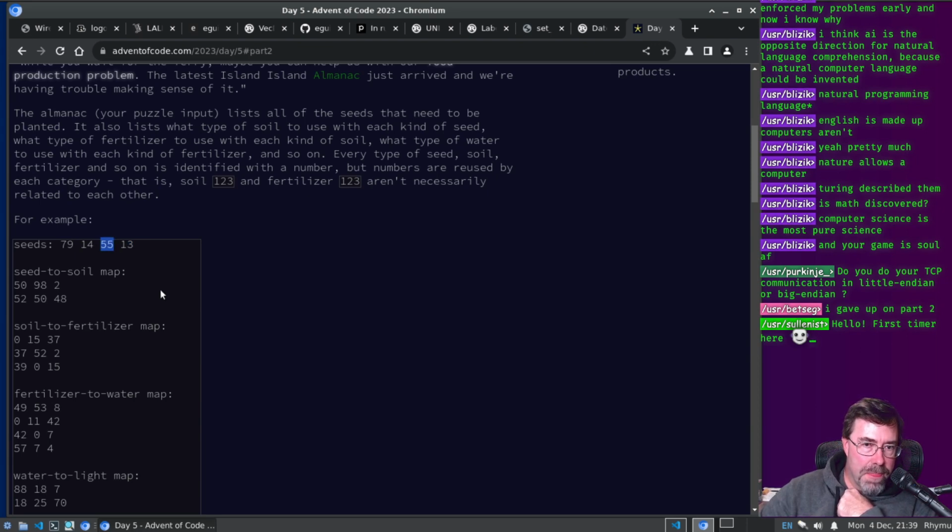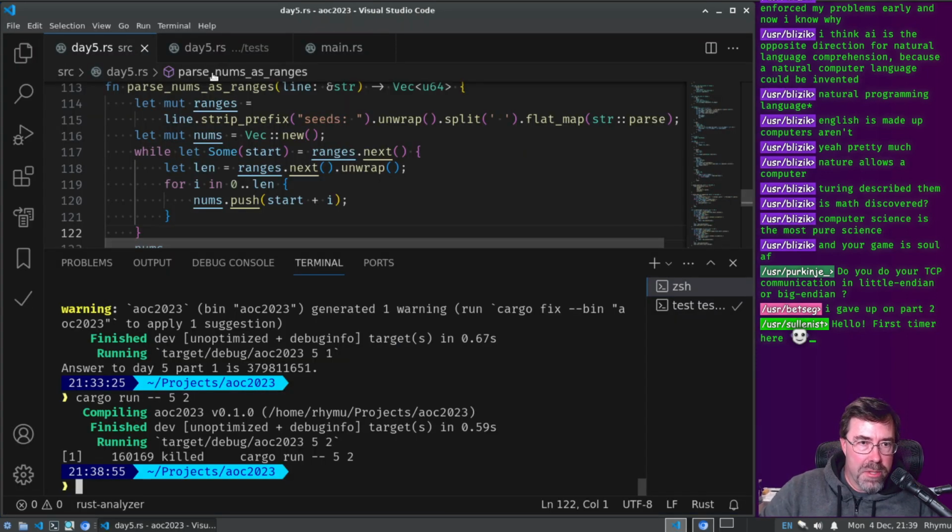So it becomes basically too many numbers for the real input, because the real input's enormous, I bet.